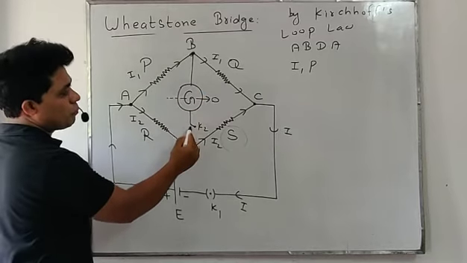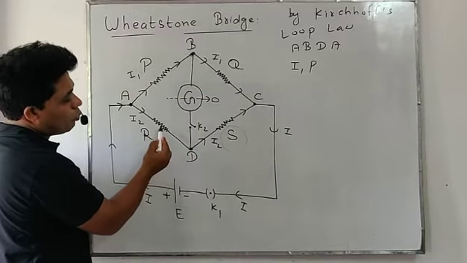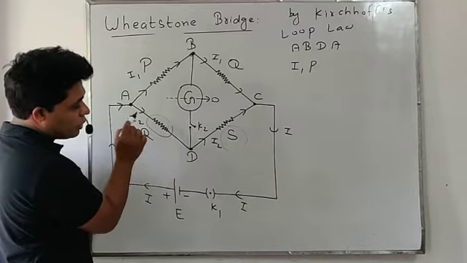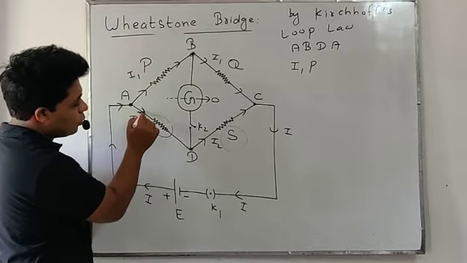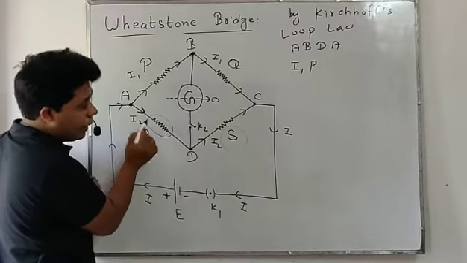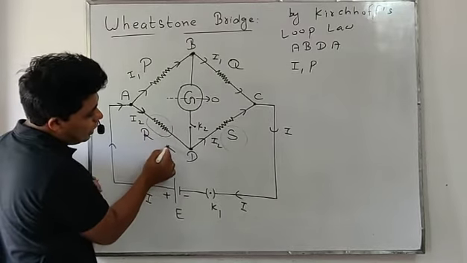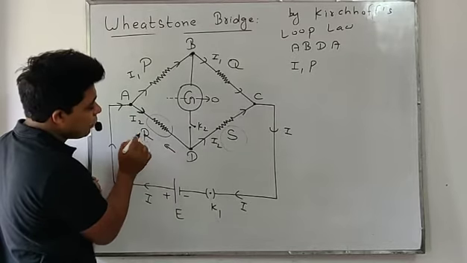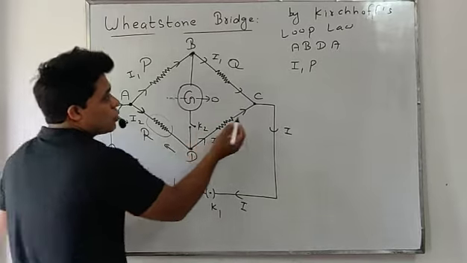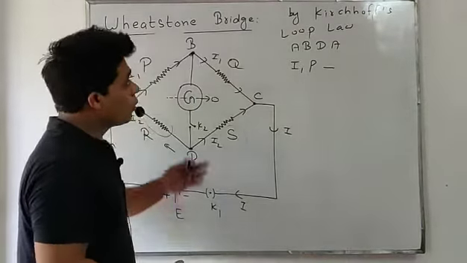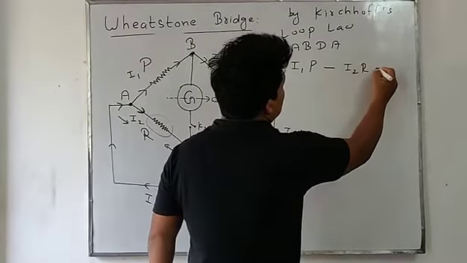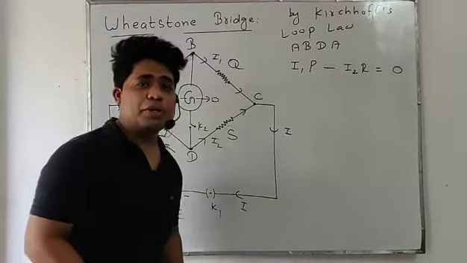There is no resistance here. Now we are moving, the next resistance is R. Look, we are moving in the upward direction and the current is coming opposite to R. We are completing the circuit like this, and the current is coming from the upward direction. This is the R direction, we are completing the circuit in this direction, and the current is coming from that side. The direction of R and the direction of current are opposite, so we'll use a minus sign as per Kirchhoff's law. Resistance R and current I2, so minus I2R, and the potential difference should be 0.